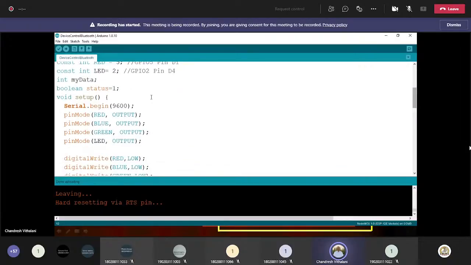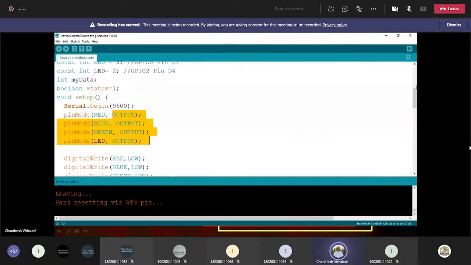And I am using the serial monitor because locally I want to monitor serially what is going on. Then I am using serial mode with a 9600 baud rate. Then pin mode, all the pins I am declaring as output pins because all the LEDs are output devices.